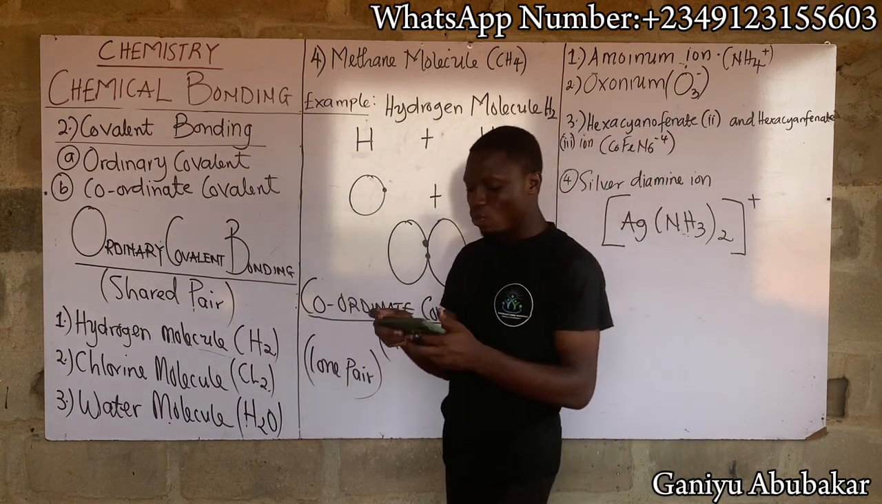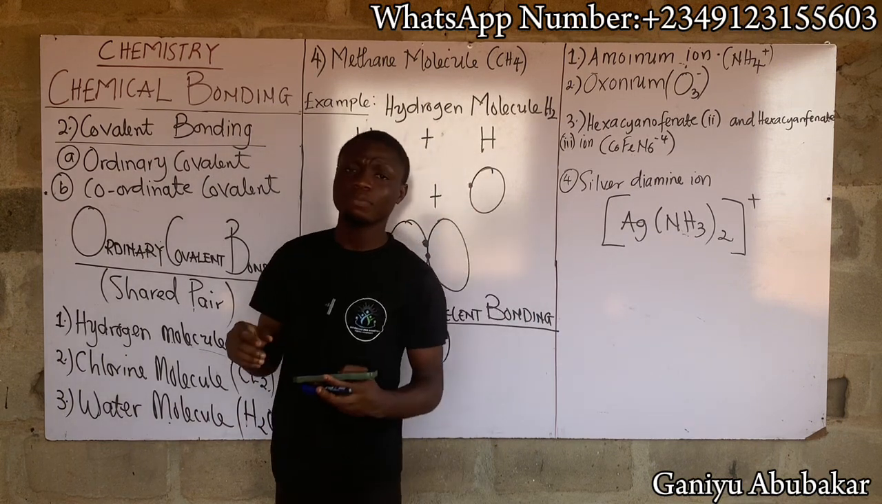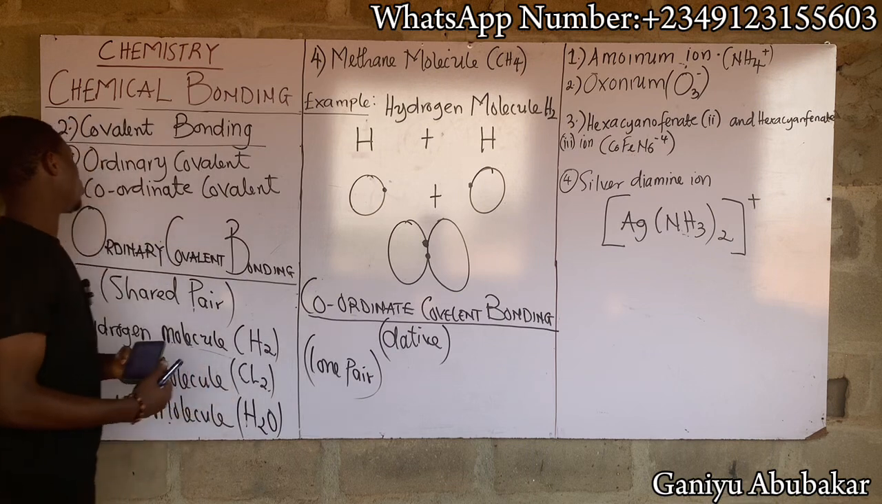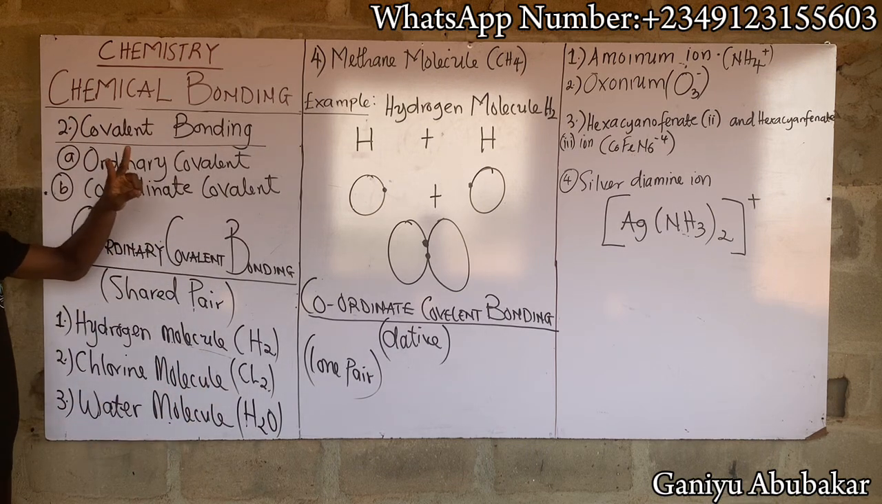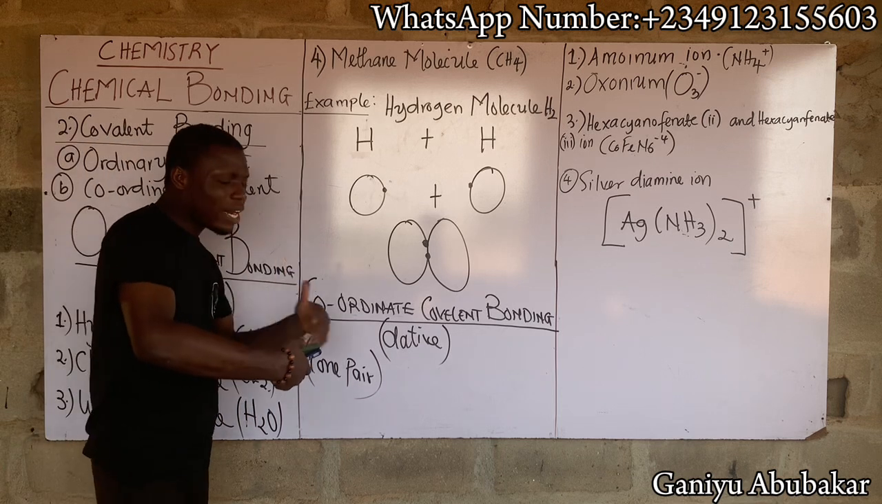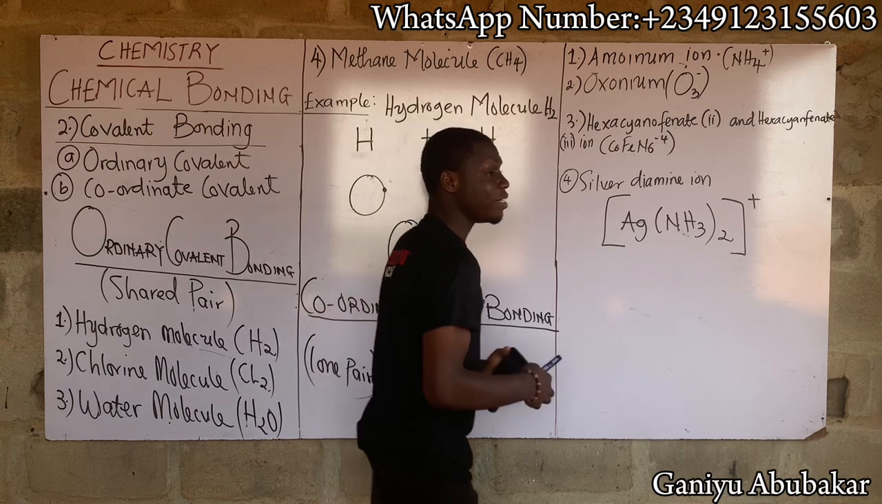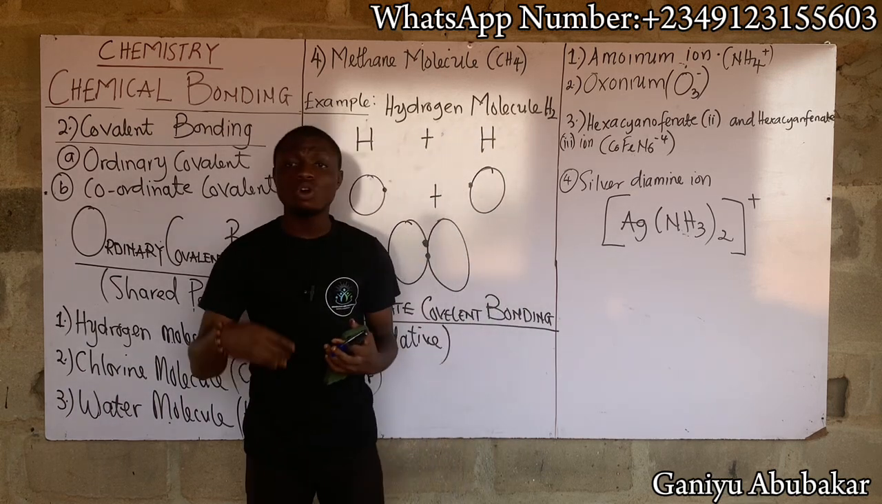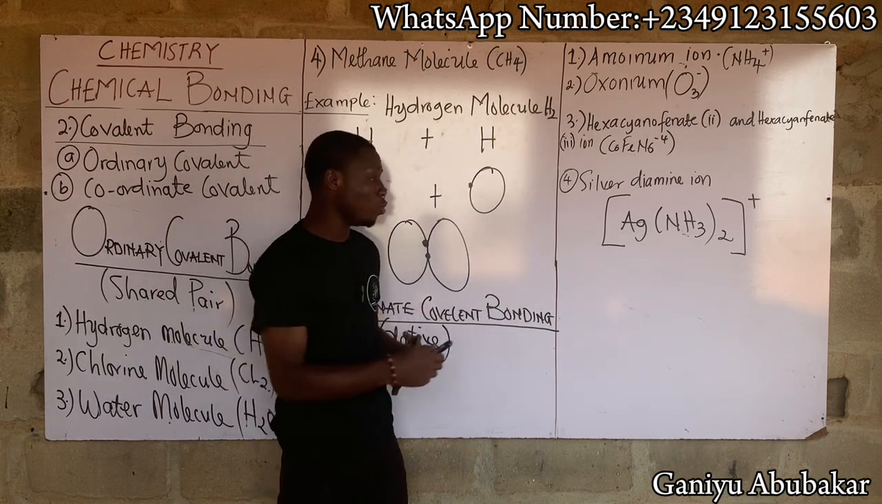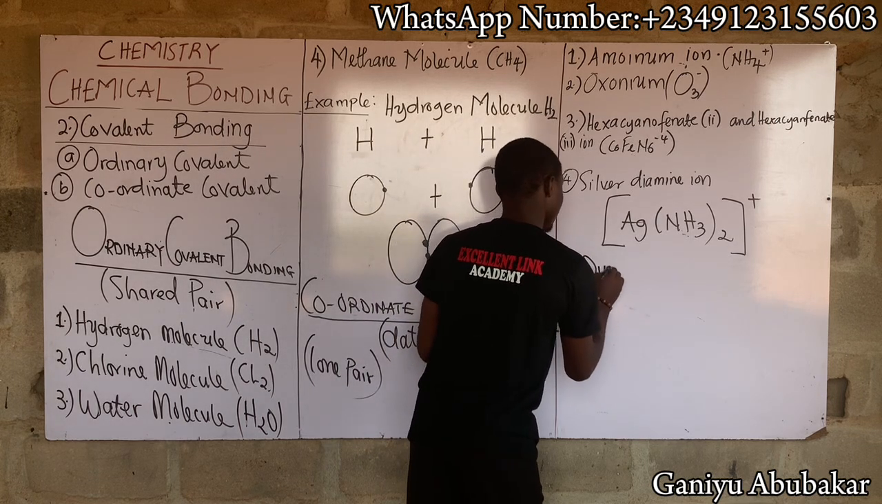All right, let's take one JAMB examination question and we are off. Before then, we said when it comes to covalent bonding, there are two types: the ordinary covalent bonding and the coordinate covalent bonding. Aside from these two, there are still three more. Other types of intermolecular forces include